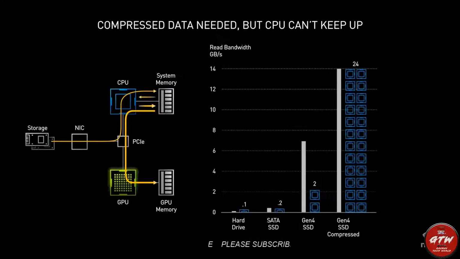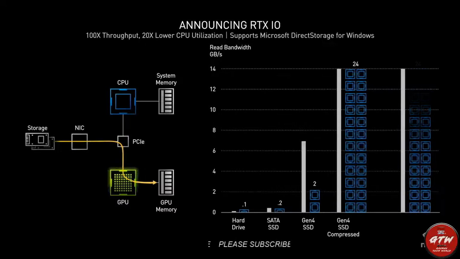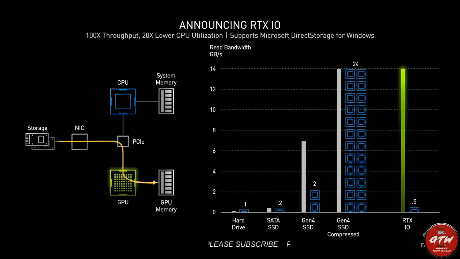Decompressing data from 100 megabytes per second hard drives takes only a few CPU cores. However, decompressing from 7 gigabytes per second SSDs on PCIe Gen 4 takes over 20 CPU cores. Today, we're announcing NVIDIA RTX I/O with 3 new advances. New I/O APIs for fast loading and streaming directly from SSD to GPU memory. GPU lossless decompression. And collaboration with Microsoft on direct storage for Windows that streamlines the transfer of data from storage